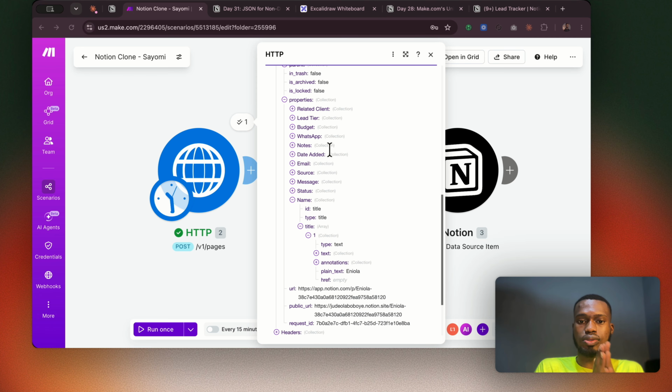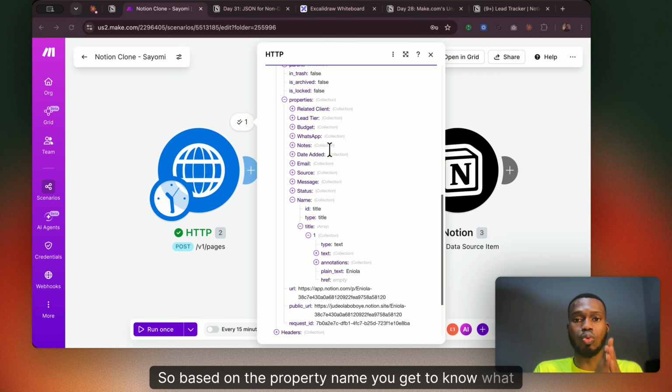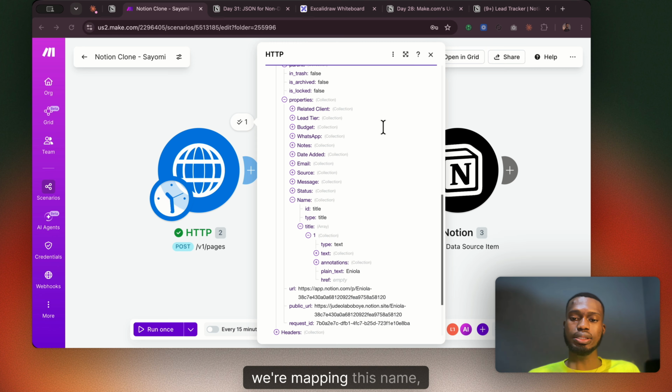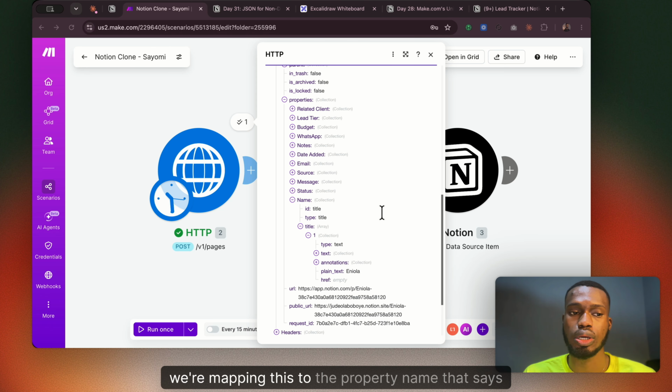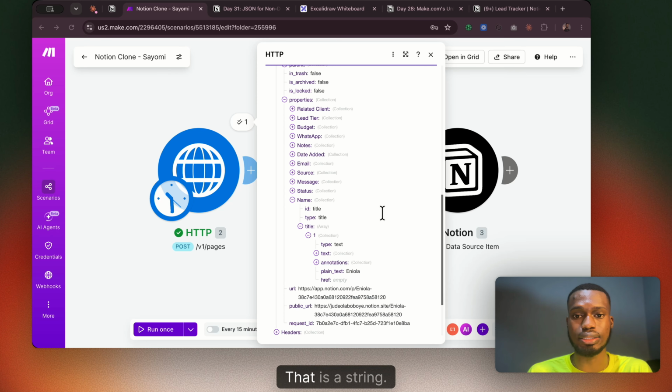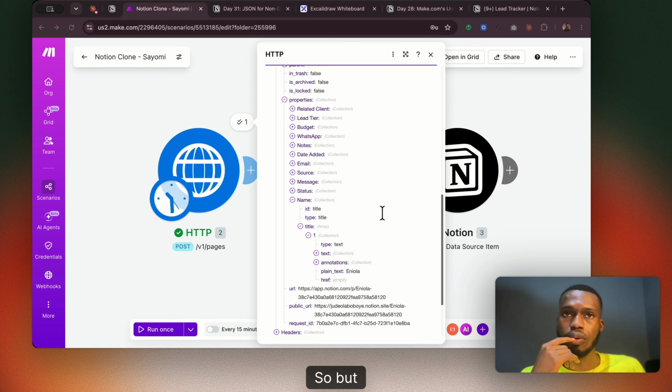That is the thing. Based on the property name, you get to know what we are mapping this to. An example of what I'm saying is that we're mapping this name, the name that we have there, to the property name that is like a text, and that is a string. However, one thing